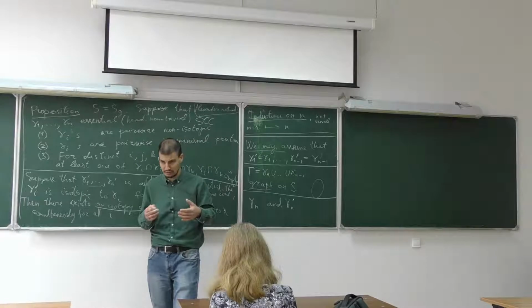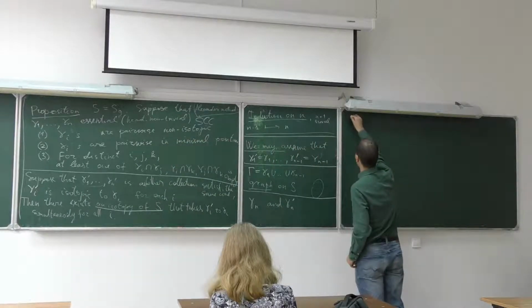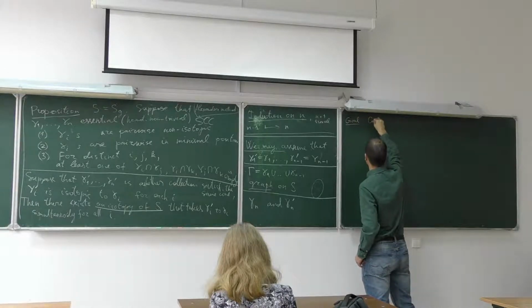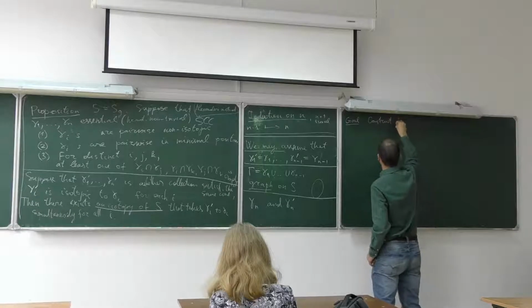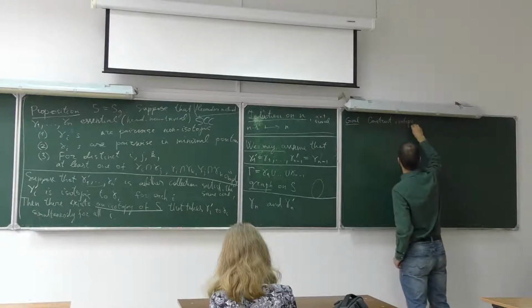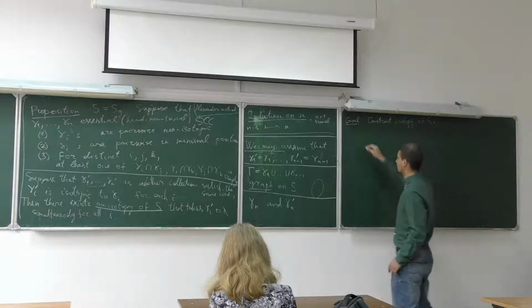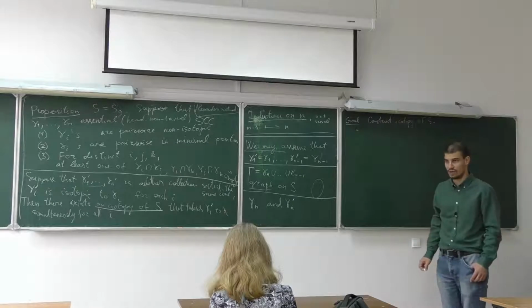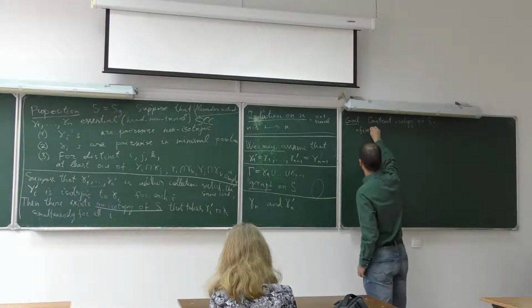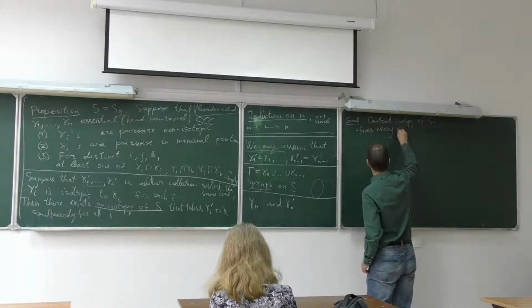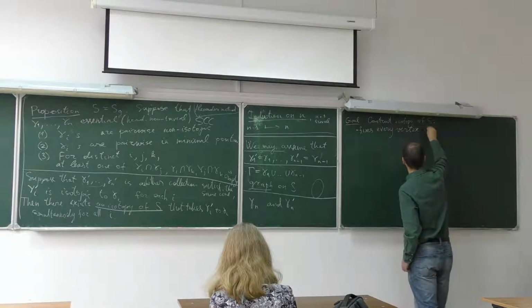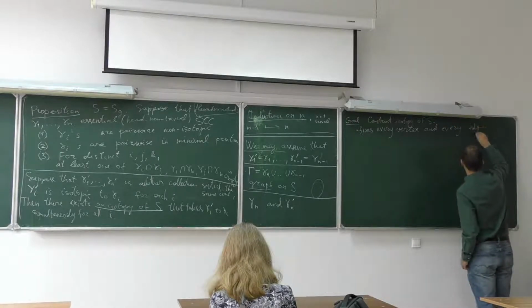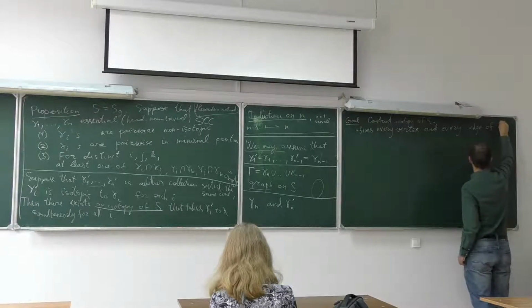So the goal is to construct an isotopy of S such that this isotopy fixes every vertex and every edge of gamma